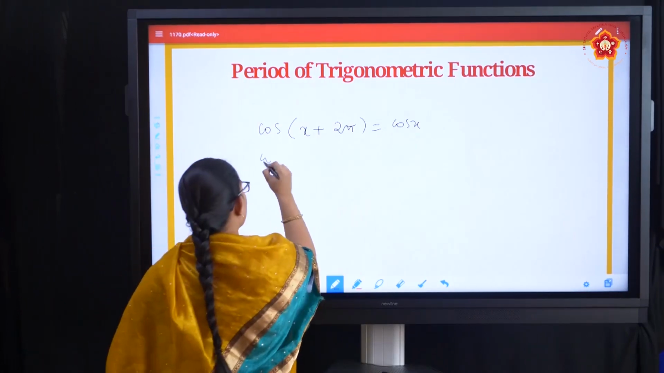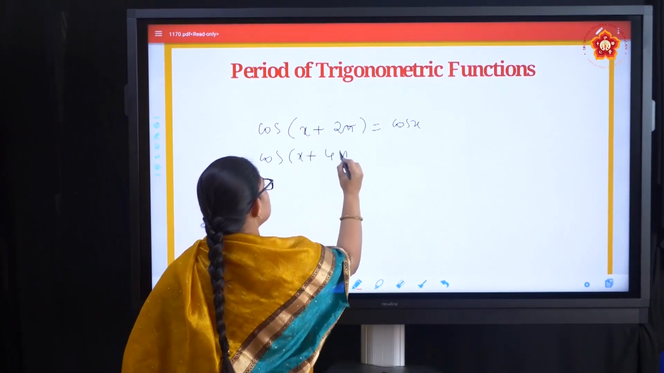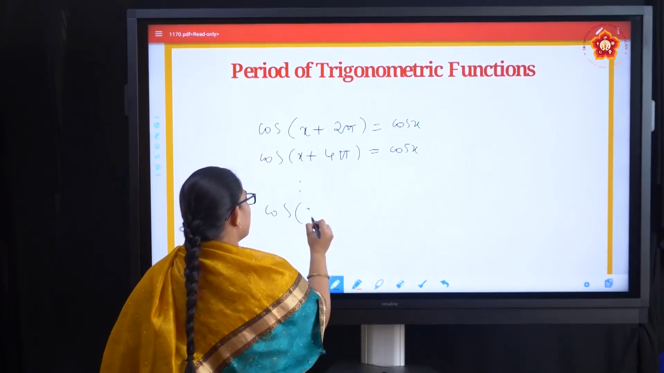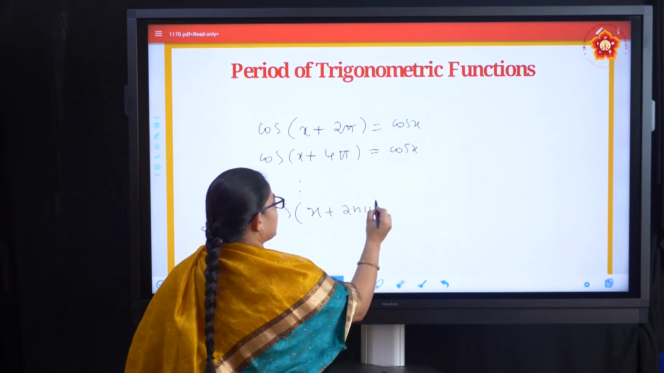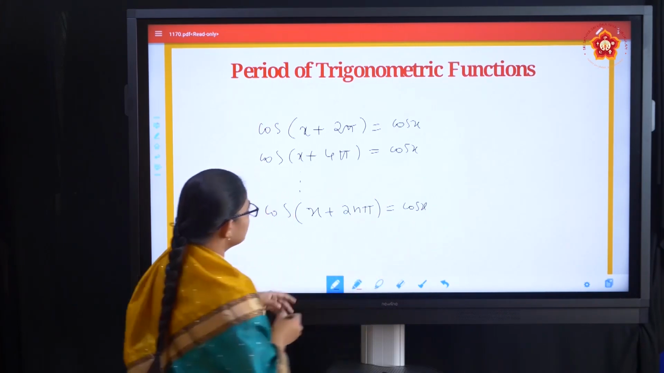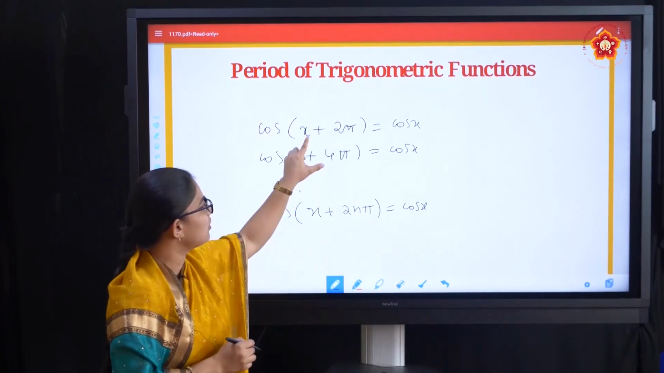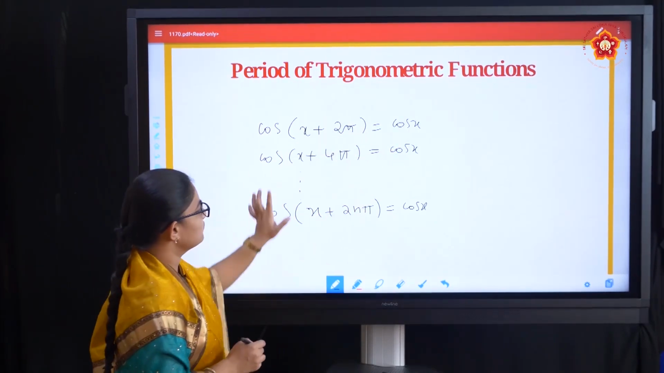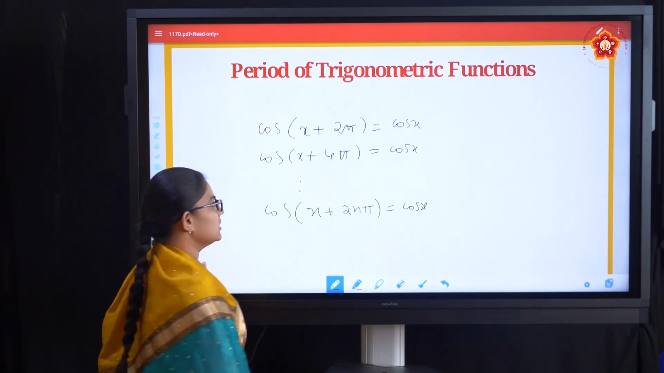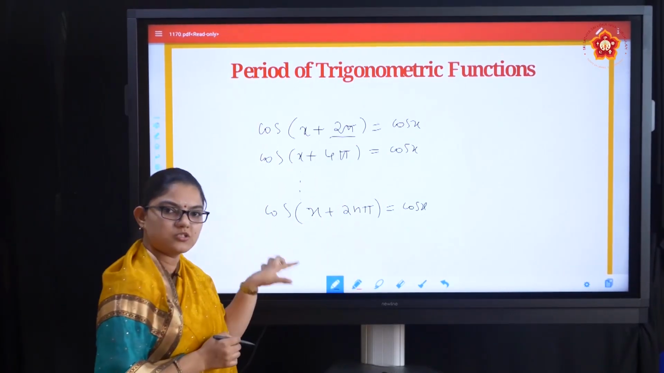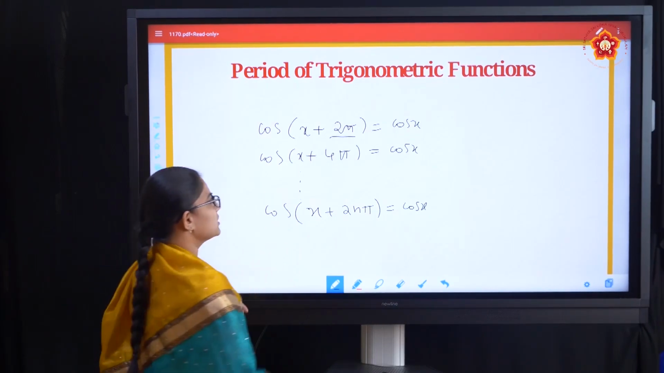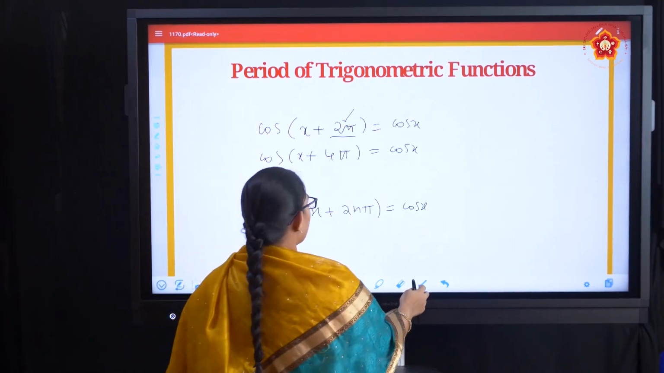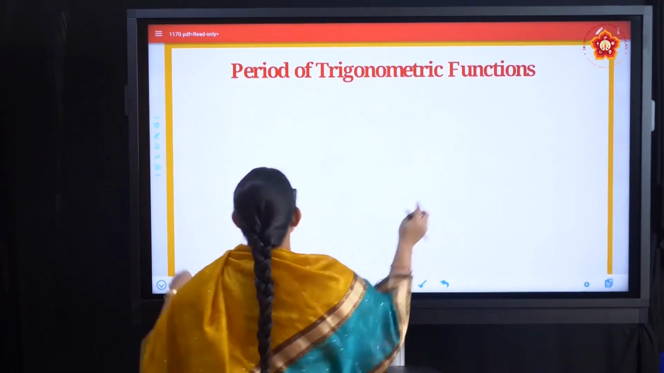And similarly we say cos x plus 4 pi is also same as cos x. Similarly we say cos of x plus 2n pi is same as cos x, and we can consider the negative value also, that is cos of x plus minus 2 pi is same as cos x. So likewise, but which is the period? We see here 2 pi is the smallest positive real number, which becomes the period for cos. So therefore we have the period of sine and cos function will be 2 pi,